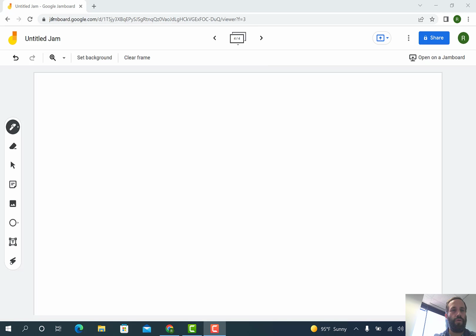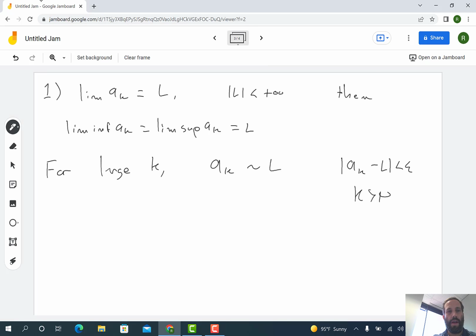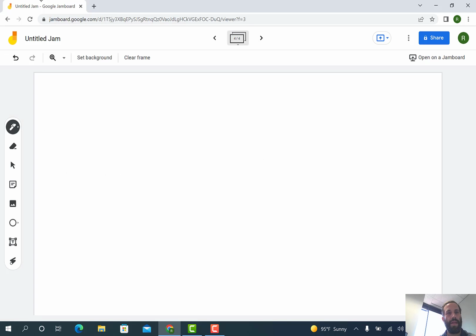Okay, so now I want to prove this fact that we have here, that if the limit of the a_k sequence is equal to L, then the liminf and the limsup are also both equal to L. So let me get about proving this. So let